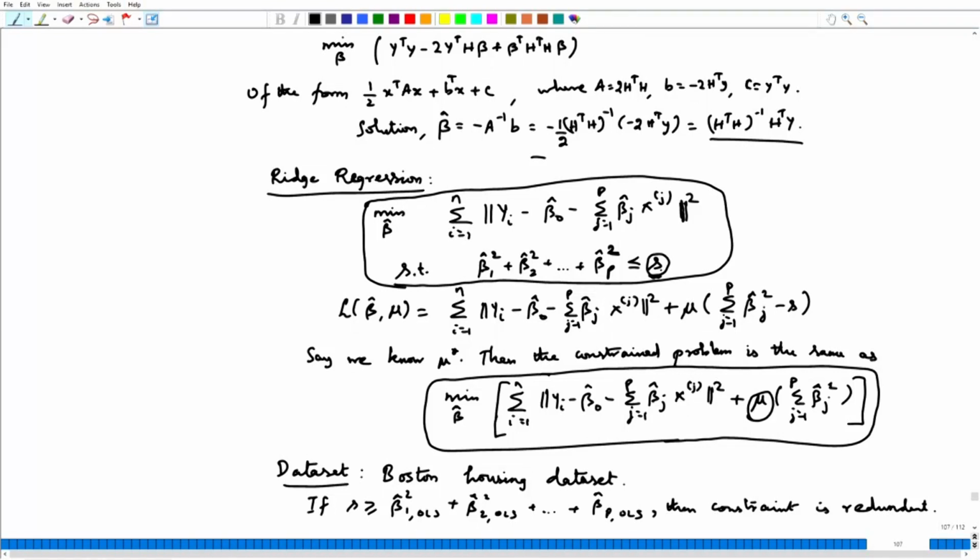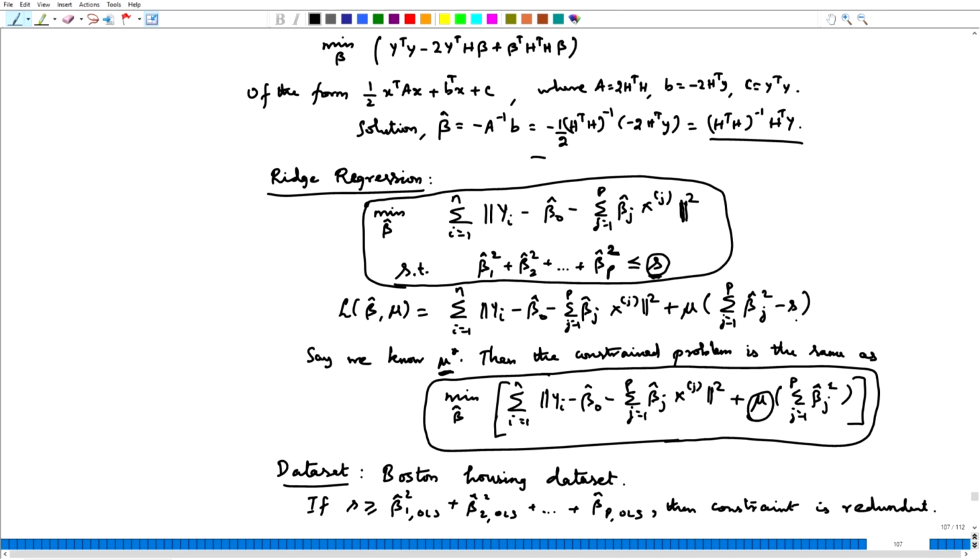In this lecture we will start with the unconstrained version. Please note that in the constrained version we had an S, and there will be a mu corresponding to each value of S. What is that mu? It is the mu star that we get when we solve the Lagrangian of this problem. When you solve this constrained problem by hand, we have L of beta hat, mu equal to the objective function plus mu into